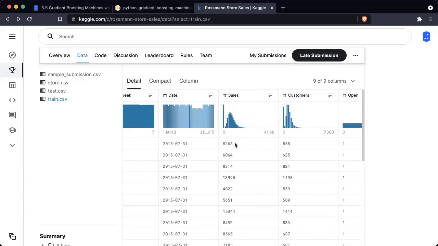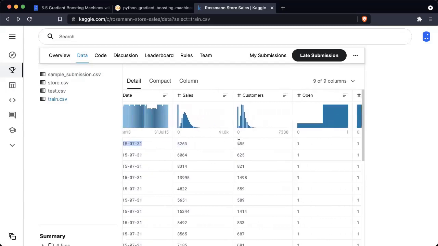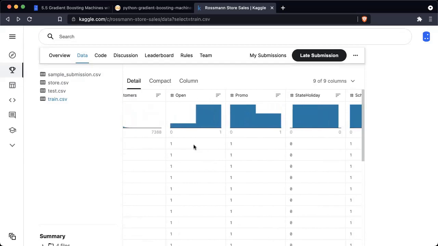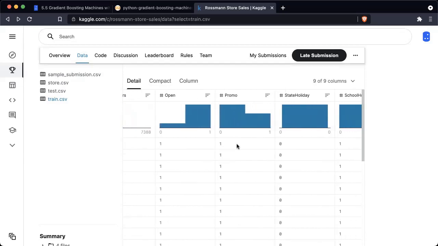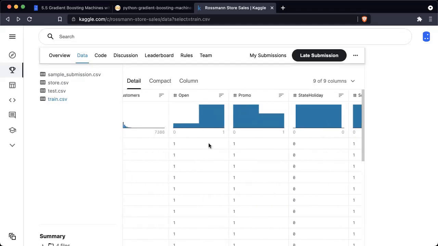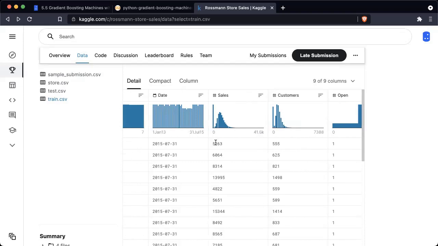Then they have given you the sales in dollars on that particular date. They've also given you the number of customers who came to the store on that particular date. They've mentioned whether the store is open, whether the store is running a promotion, whether it was a state holiday, and whether it was a school holiday. So all of this is important information that can determine the sales.